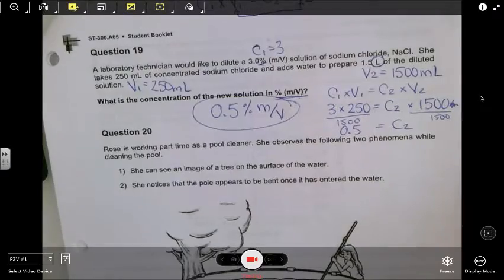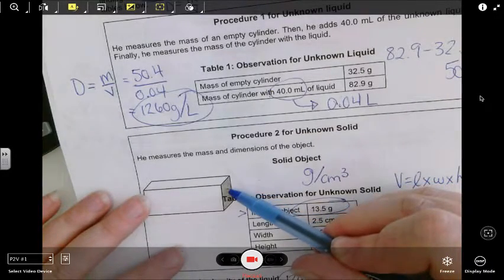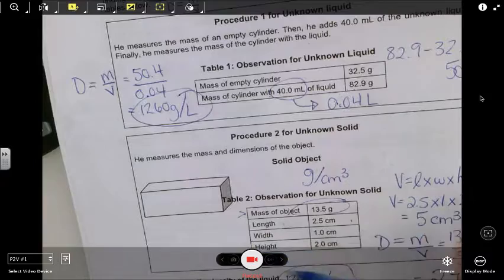Do I think there will be a question like number 18 on the exam? Let me look at that. So question 18, I do think there will be a question like this. I do not think that it will necessarily have a solid object to do as a volume like this. I don't think you're going to have to do any kind of mathematical volume, because that's a math concept, but there is definitely an overlap between math and science. They definitely are not going to ask you to do the volume of a sphere or a cylinder or anything like that, because that's not a basic kind of volume.